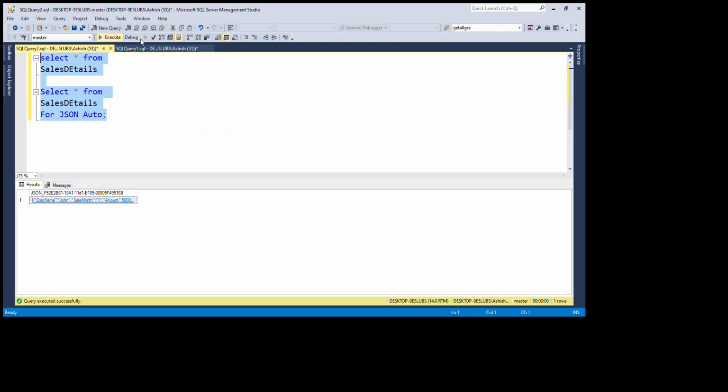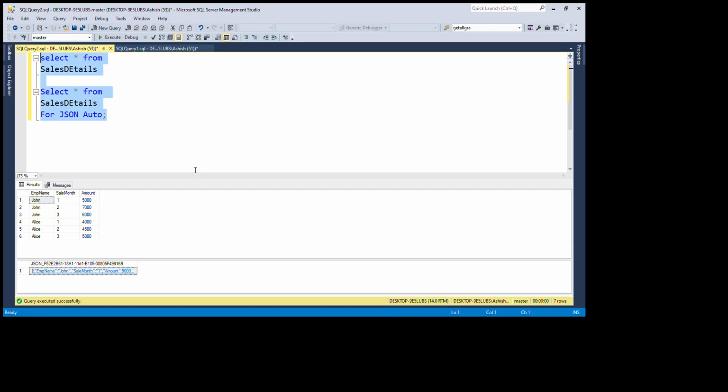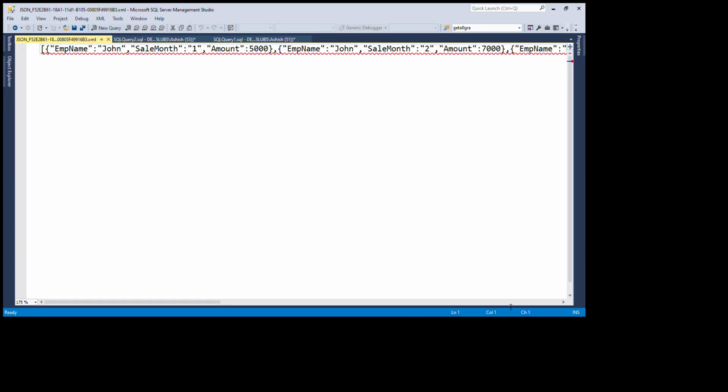Okay, so here you can see that in the first query we are getting the tabular form data, and in the second query we are getting the data in JSON format. Now I'm going to select this JSON format data. You can see here that this is the JSON format data. I'm copying this data